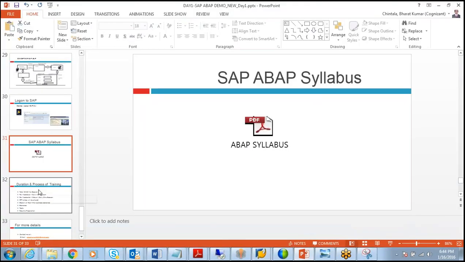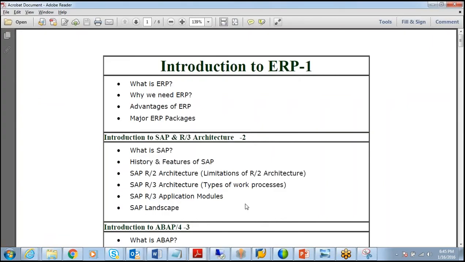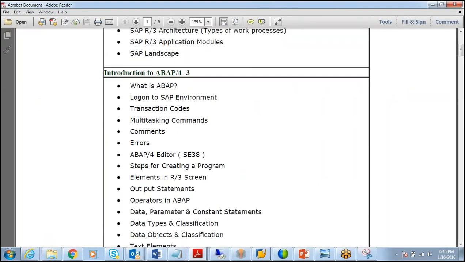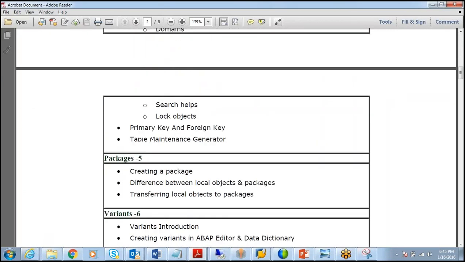Okay, so this is the ABAP syllabus which you are going to cover. This is where we start with the introduction to the ABAP Dictionary.